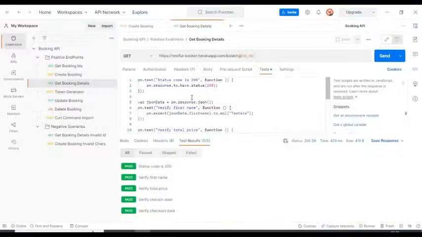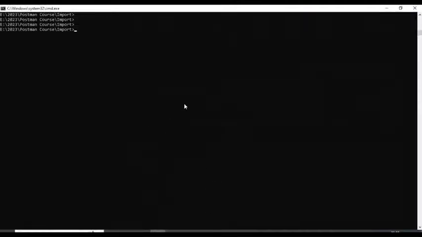Now let's discuss how to generate the advanced HTML report after executing the collections from the command line. So now I will go to the command line. We have to install one npm package, so here I am entering the command npm followed by install space -g and followed by newman and followed by reporter